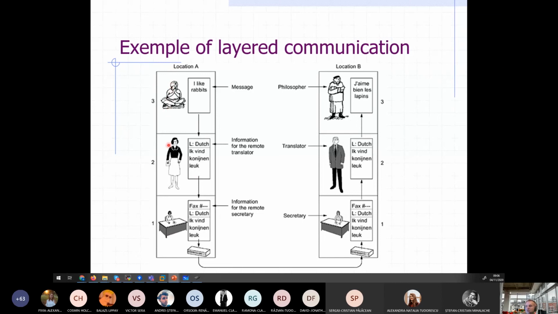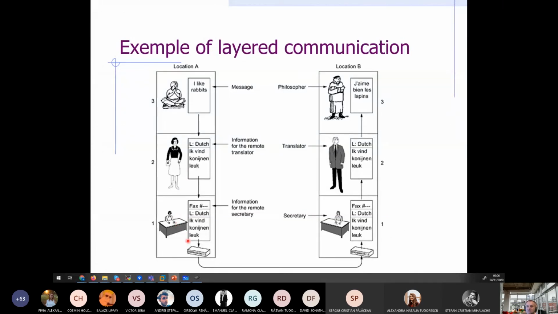And luckily, both philosophers have some sort of secretaries that know how to handle some sort of communication medium. We are, let's say, somewhere 10 or 15 years ago, where fax is highly rated, and all these two secretaries can do is take the written message in Dutch